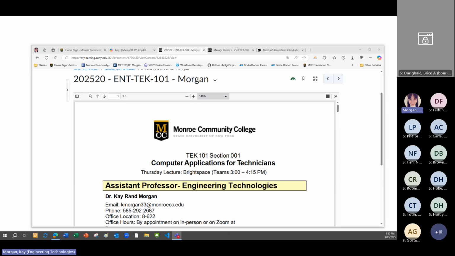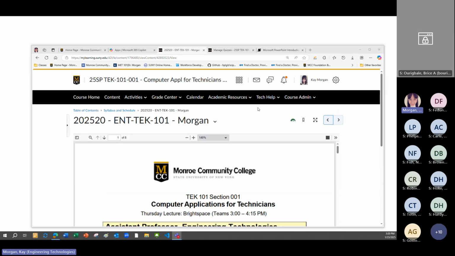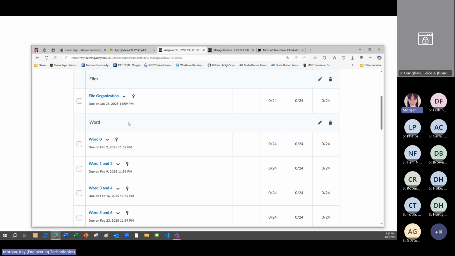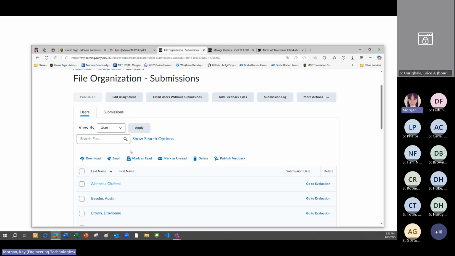How do you want us to submit the assignments? Yes, the assignments you're gonna submit right here. So if you go to assignments under activities, you're gonna go to assignments, and then I'm gonna give you some assignment as we finish. After I finish explaining this course, I'm going to give you assignment, and then you're going